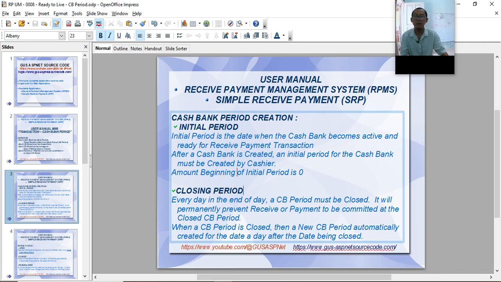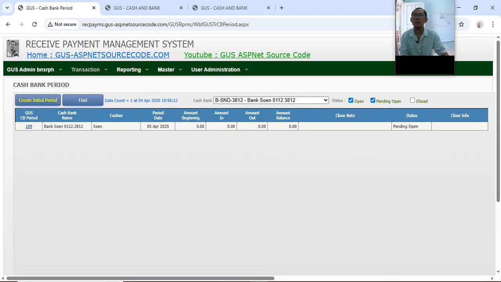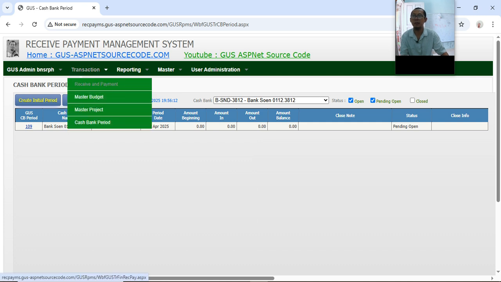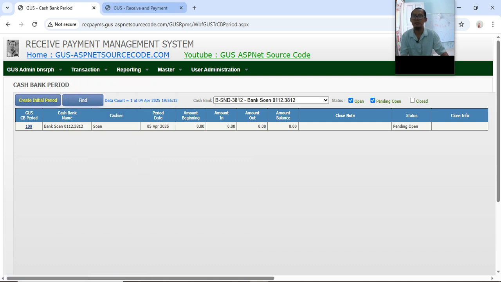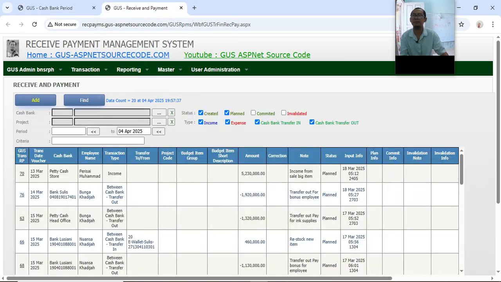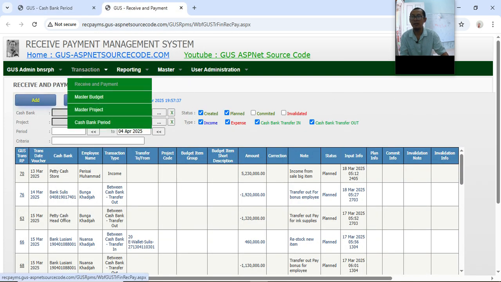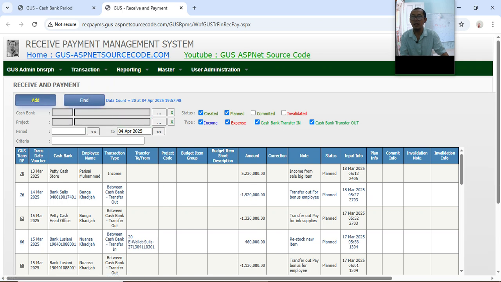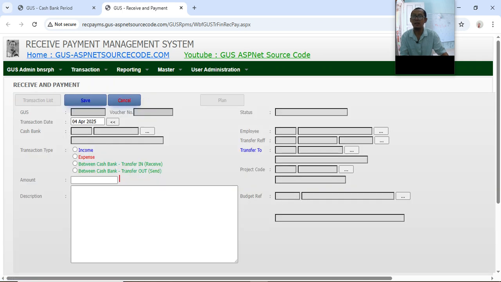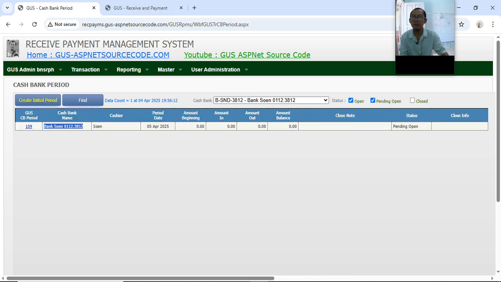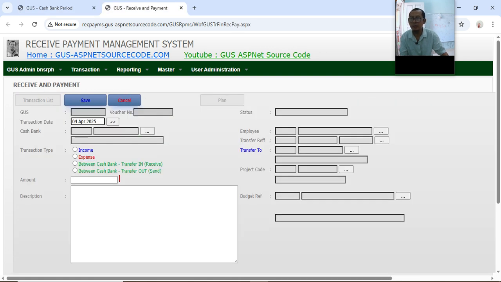Now let's see how to create a receive payment for this cash bank period. I will try to use this cash bank in our transaction. I go to receive payment and click add. The initial period is 5, so let's put 5 April.